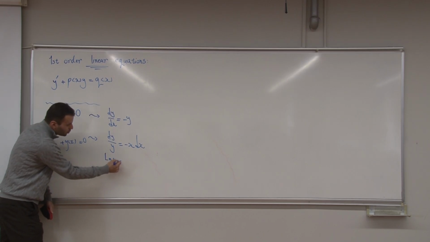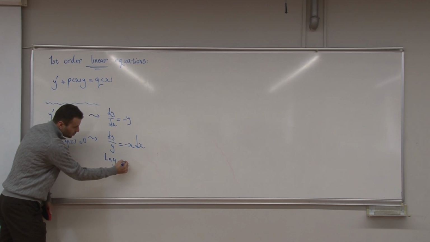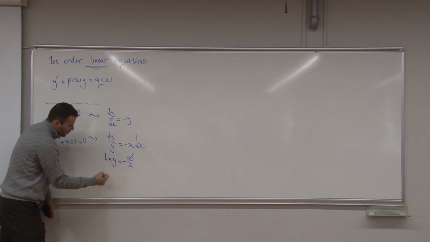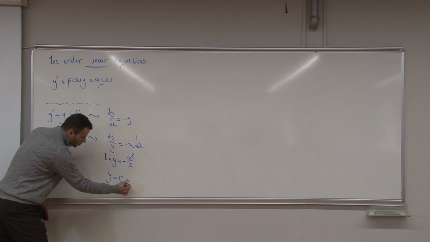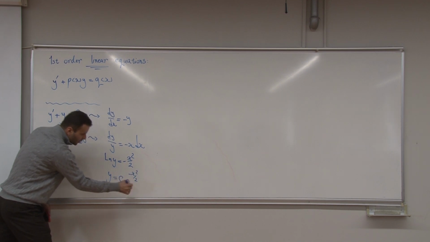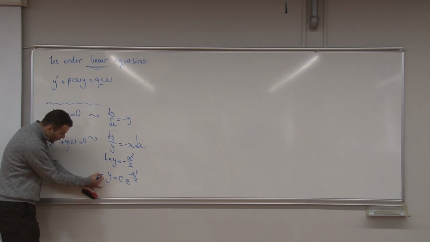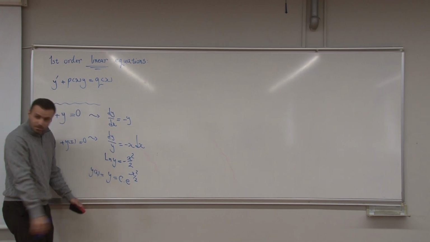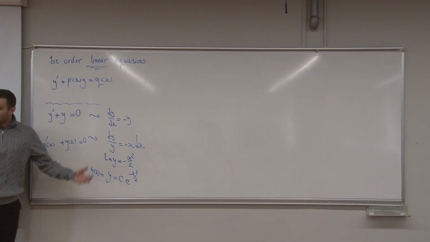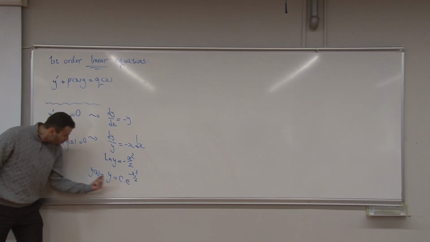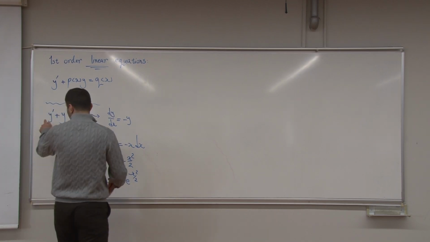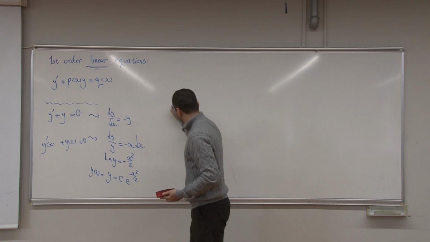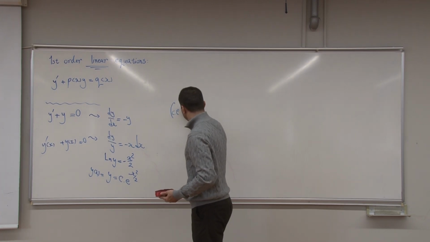ln of y equal to what? Minus x squared over 2. Okay, what is y then? C times e to the power of minus x to the power of 2 divided by 2, right? Right. This y is actually y of x, right? You say where is this x coming from? x is actually this. When we are talking about y, we are actually talking about this. So what we have written here means this. C times e to the power of minus x to the power of 2 divided by 2